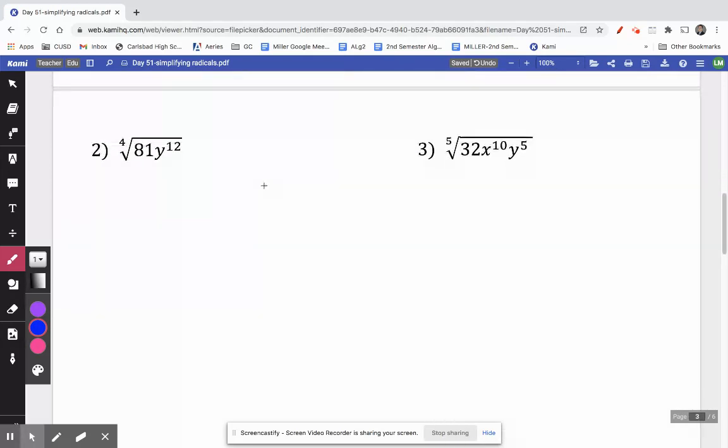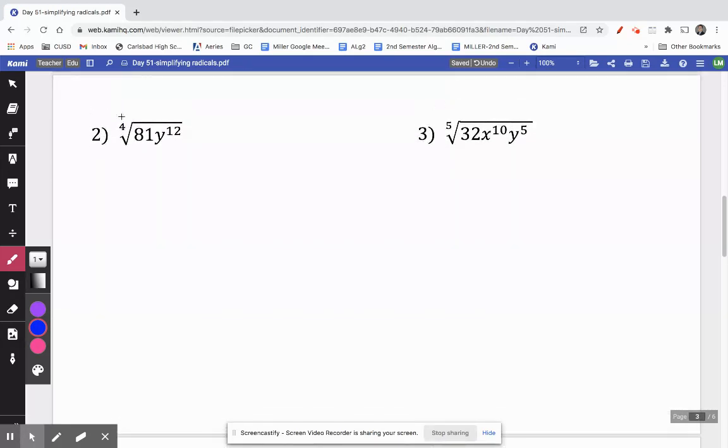All right, let's try a couple here. We have a 4th root here of 81 times y to the 12th. So again, we're looking for groups of 4. How do we find them? Let's break apart that 81. 81 is 9 and 9. 9 is 3 and 3. So I can really rewrite 81 as